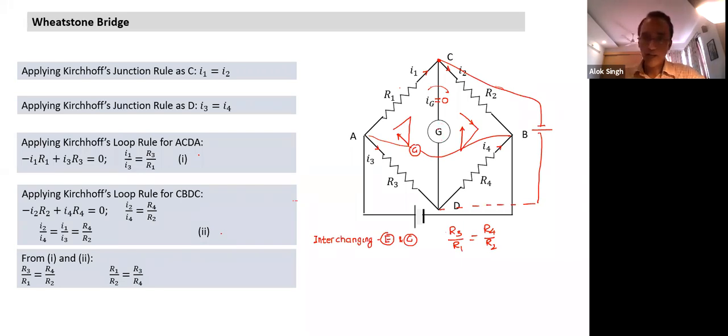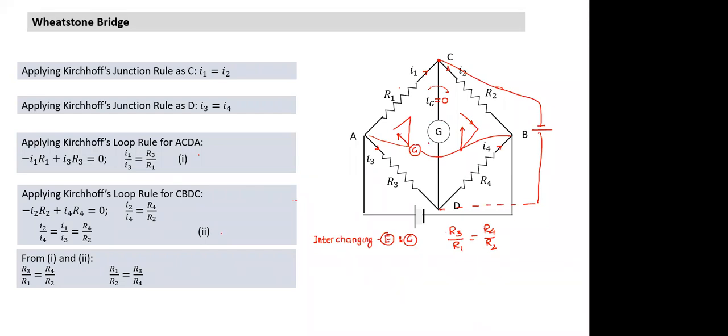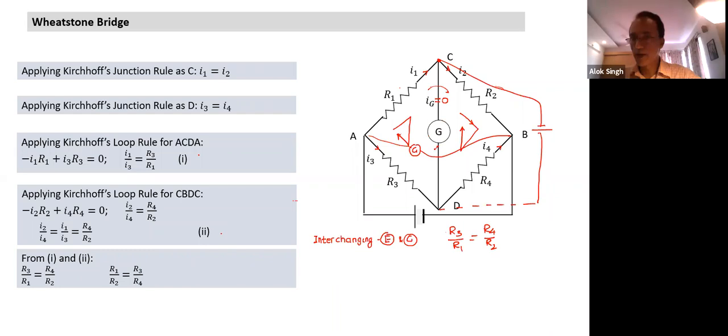Can we treat the galvanometer as a resistor? Yes, the galvanometer also has a certain resistance, so it is equivalent to a resistor connected here. The only difference compared to a simple resistor is that the galvanometer, in addition to being a resistance, also has the ability to measure current. Otherwise, a galvanometer is nothing but a resistance. So no current is flowing. No current flowing clearly indicates that the potential difference between C and D has to be 0.